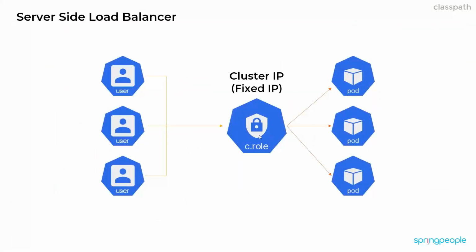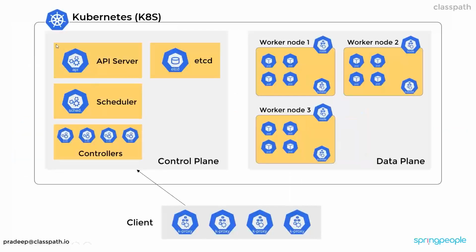Then you're going to see this. This is going to be a cluster IP. So here we have your pods, and then you're going to have your server-side load balancing done by your service. Okay. So typically, this would be your Kubernetes architecture,